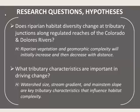Again, the idea here was to develop a tool that practitioners can use for more passive approaches or more informed approaches to riparian restoration from a number of